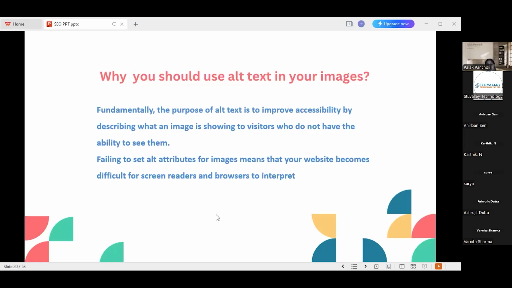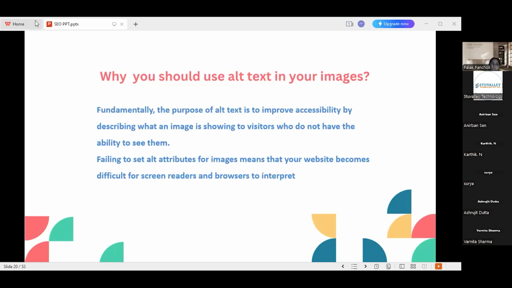Okay, and the third and very important purpose of alternative text is image loading issues. Whenever your images fail to load, the alternative text is displayed in its place, giving the users an idea of what the image represents, right?